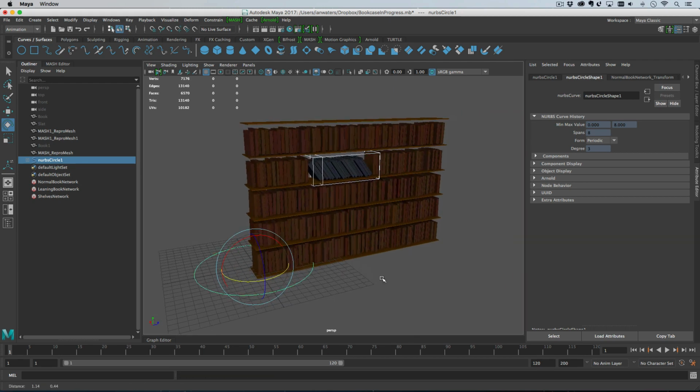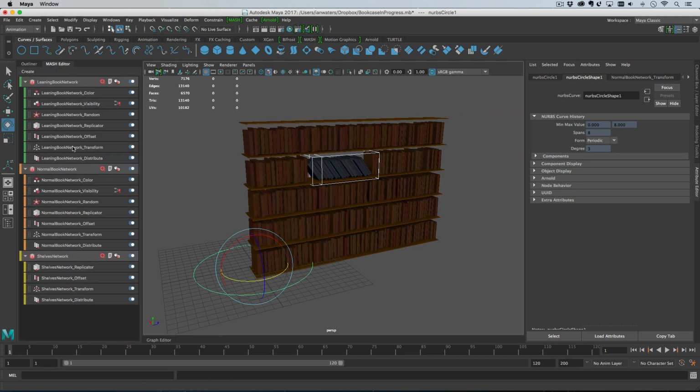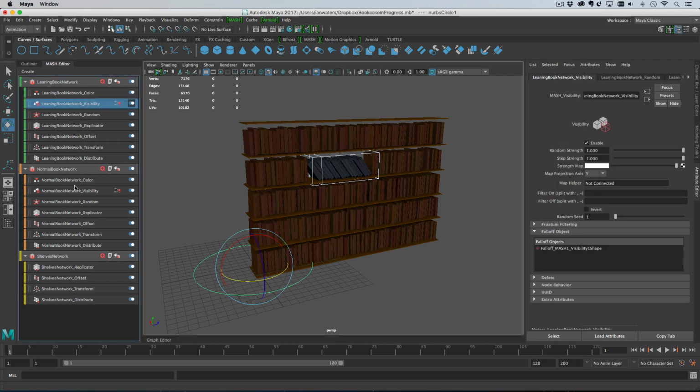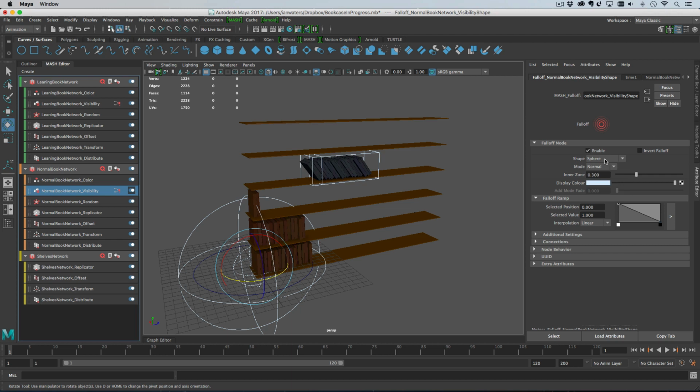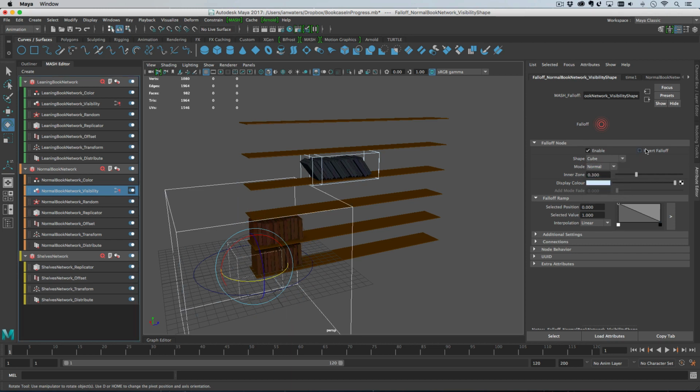Right. So you don't have to be done at this point, by the way, with your mesh network. You can always create extra things. Like, so we've got our normal book network. We could create another fall-off object here if we wanted to, and you could change the fall-off on this to be